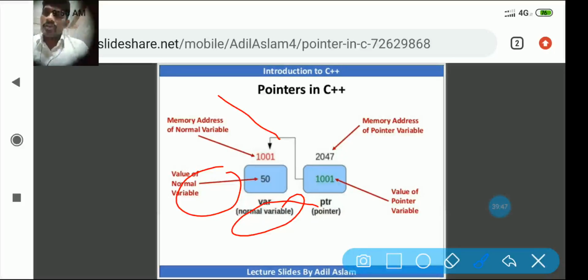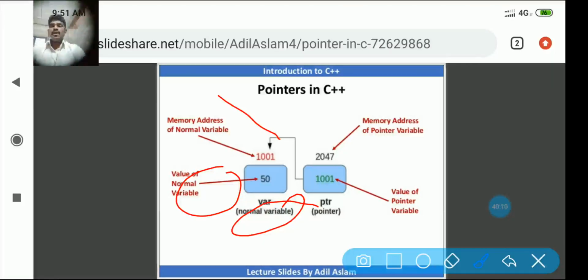What is the address of the another variable? 1001. What is inside of the pointer? 1001. Same, satisfied. Yes, that is the definition.